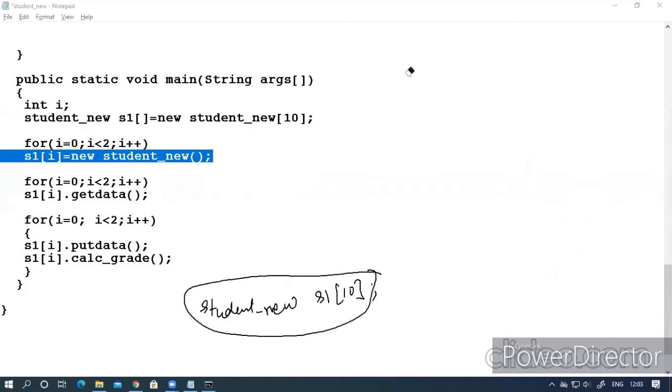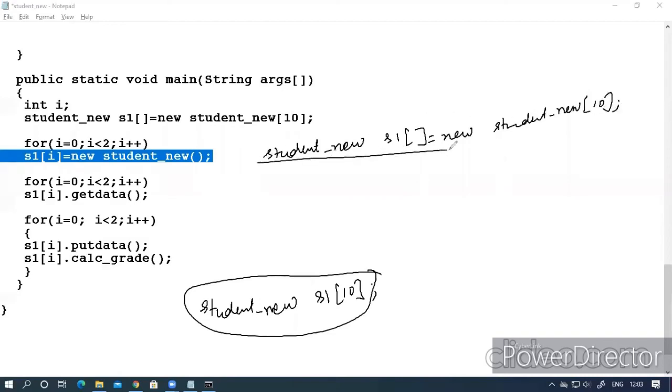In Java, the syntax of declaring an object is Student, this is a class name. Now you have to declare your array with empty brackets, equals new Student. This is again a constructor, but now you are specifying the size of this array.